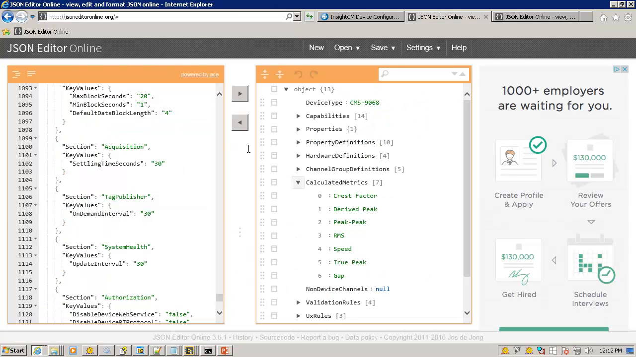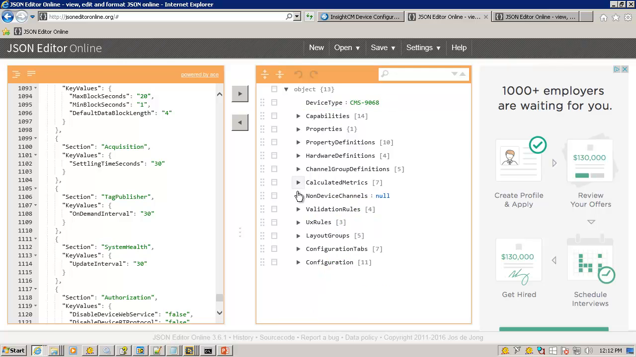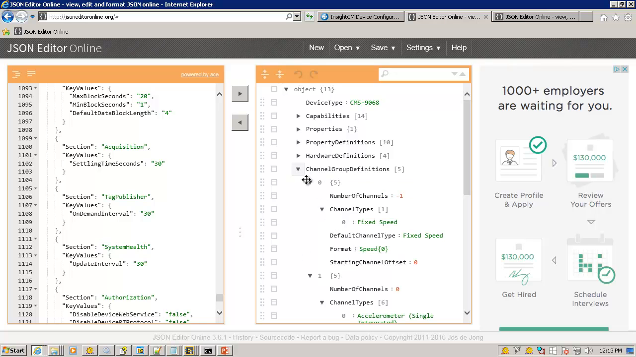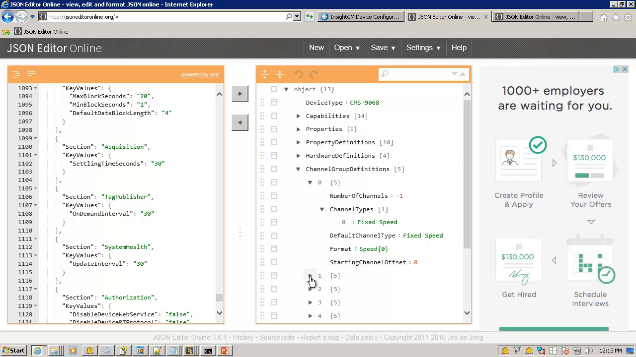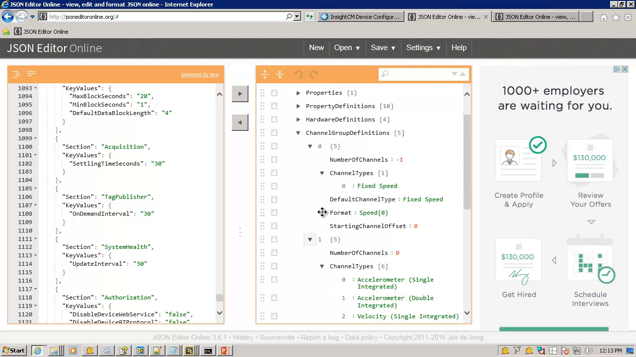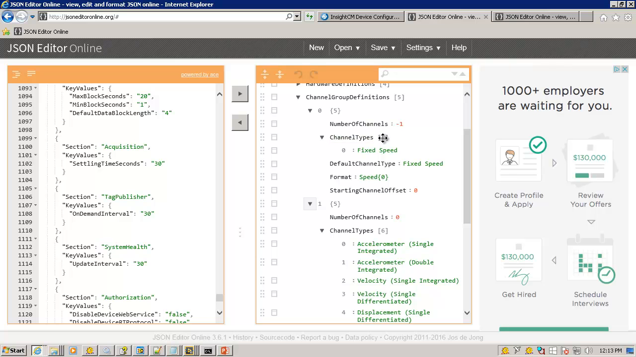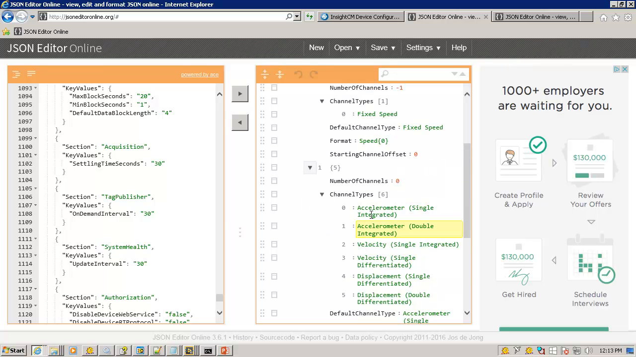So I've come back here to the 9068 device definition that we exported in the last video. And I just want to look at some of the sections in here, like for instance, channel group definitions. And you're going to see that out of all of these sections here, in the first two, you're going to see channel groups that are being defined by this device. And you're going to see things like this channel type in this first channel group is of type fixed speed. And down here in this group, you're going to see channel types of like accelerometer, single integrated, double integrated, velocities,